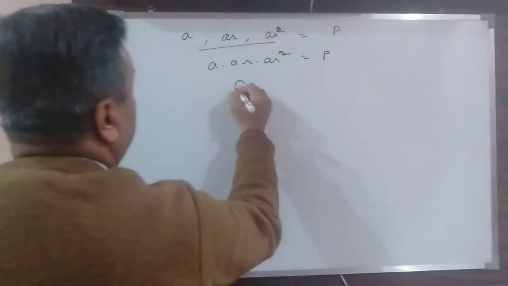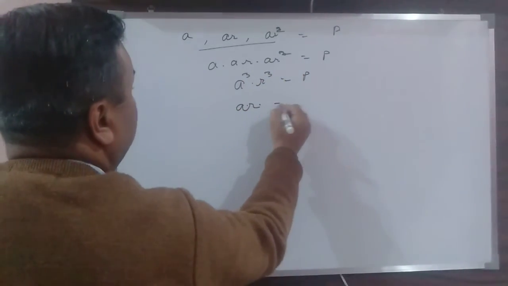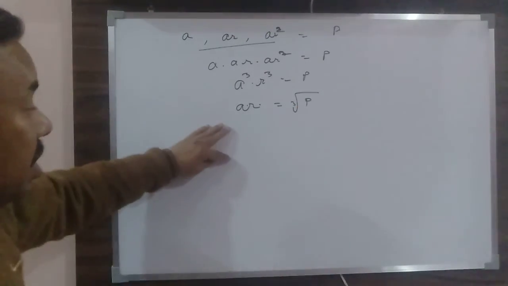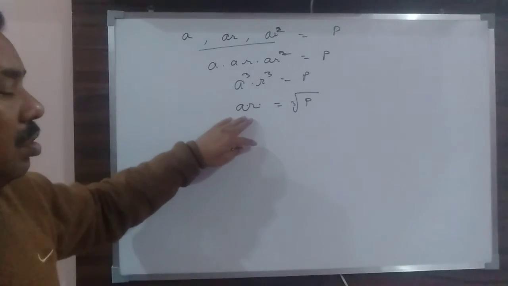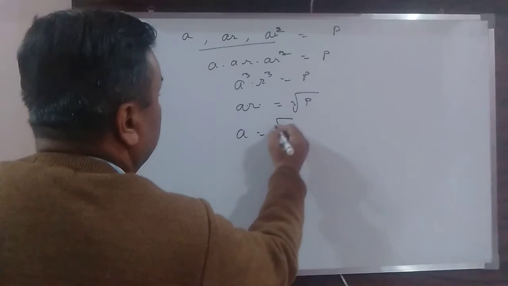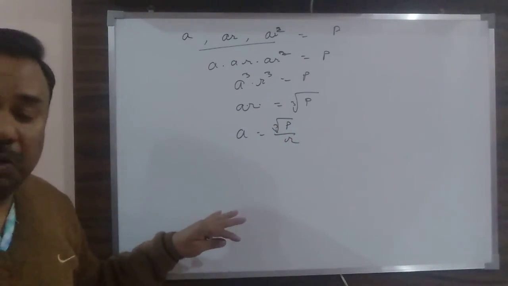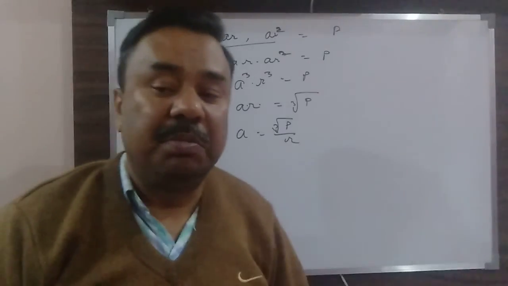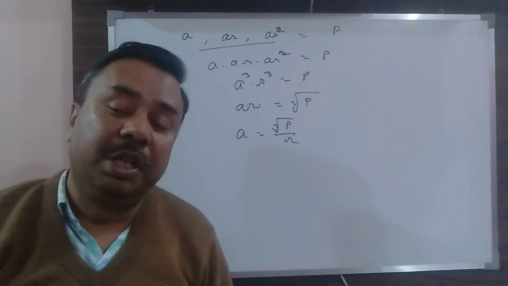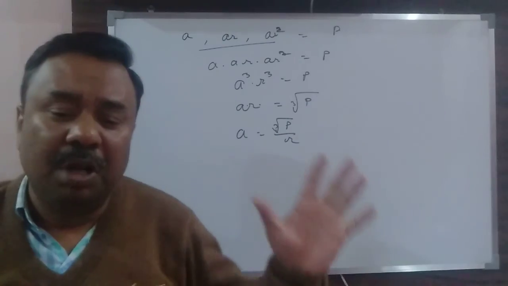So this is equal to P, or AQ into RQ is equal to P, or A into R is equal to cube root of P. Now you see, this number you can find out, but you have not got this. From here you will be getting A is equal to cube root of P divided by R, and then you have to use the second equation and you have to go on solving the system of equations as you have been doing with solving two linear equations of 2 variables. So the procedure may become a little bit long.